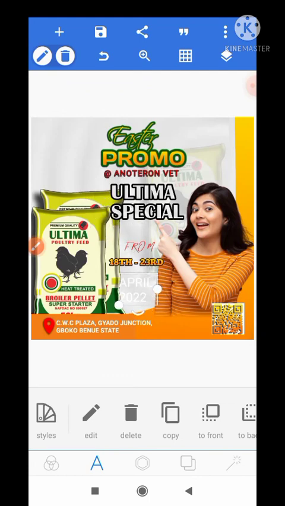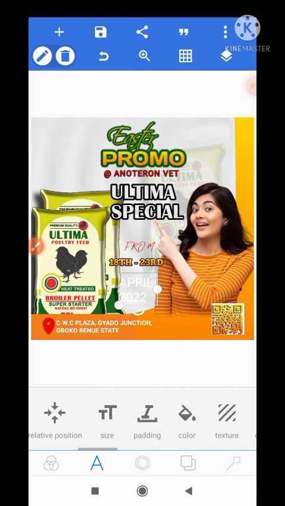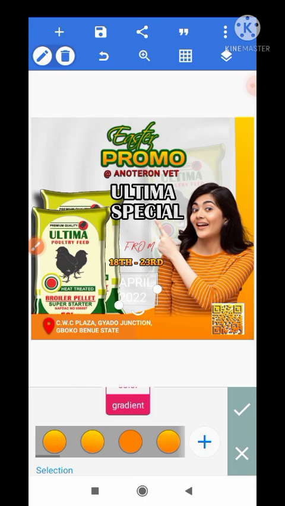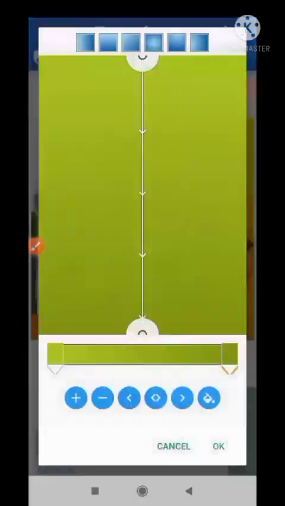So we'll bring it down this way, and then we'll change the color. The color we'll be using for this is going to be a greenish, a light green color. So we're going to be using a light green color for this. So we'll select the text option, and then we'll select the color, and then we'll select on gradient. So we'll use something like this, then we'll edit it, and then